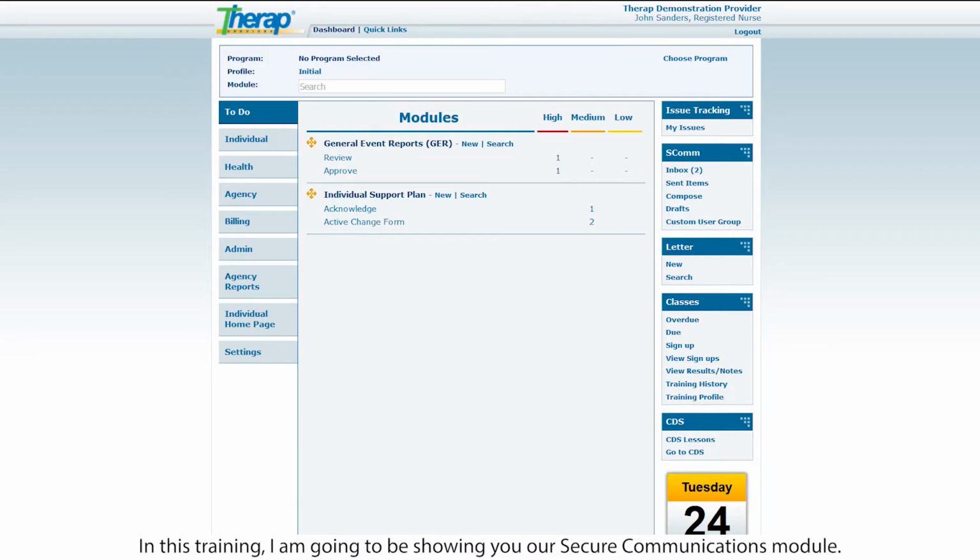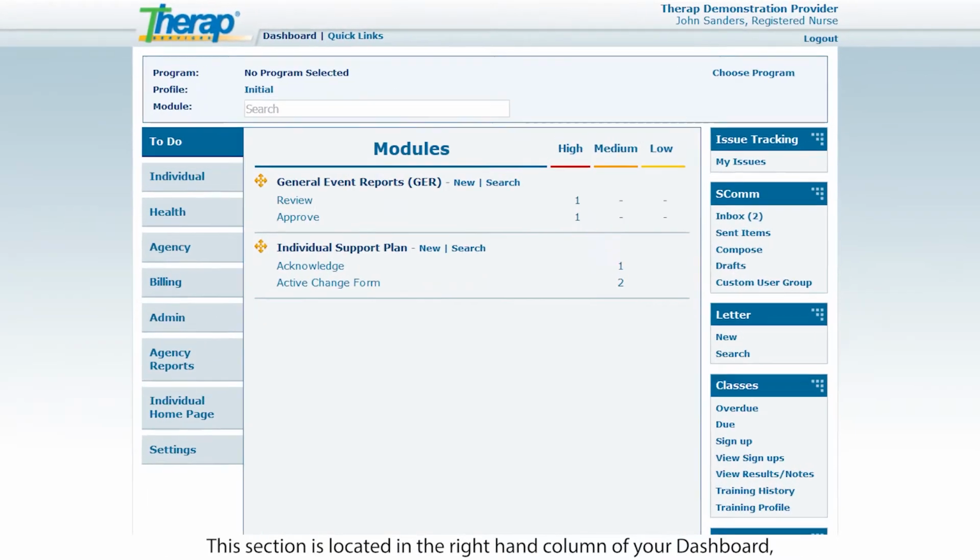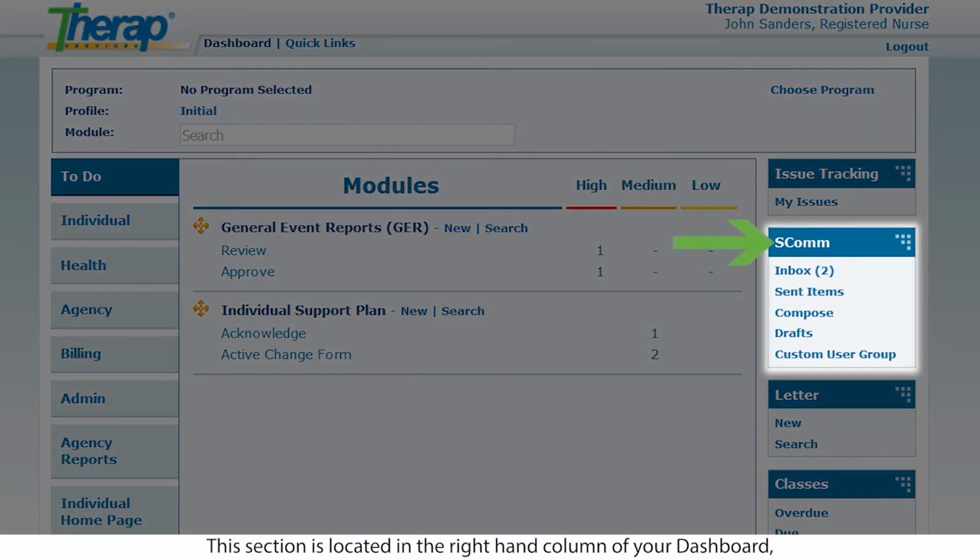Hi everyone. In this training, I'm going to be showing you our Secure Communications module. This section is located in the right-hand column of your dashboard, no matter what tab you are on. And you'll often hear us refer to it as SComms for short. This module functions similarly to emails. So if you're a regular email user, a lot of this may look familiar and will be a piece of